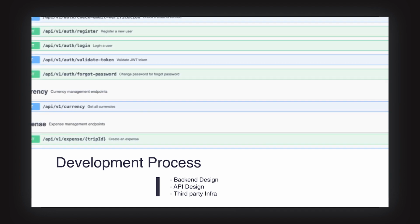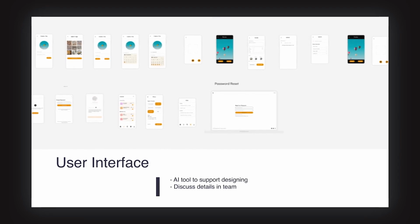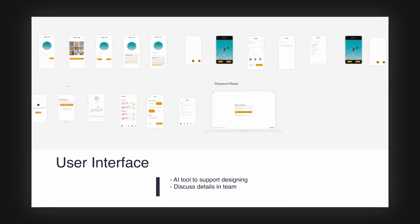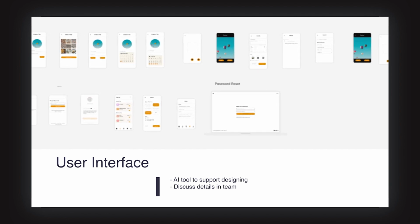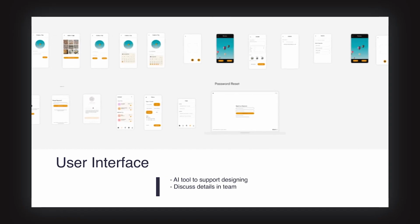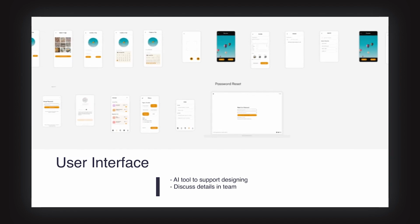Next, we moved into user interface design, which also took a week. We used Wizard, an AI-powered UI design tool, to generate basic page layouts. From there, we assigned specific pages to each team member and conducted design meetings to ensure consistency and gather feedback from the team. Once the design was finalized, we spent 3 weeks on front-end development, where we implemented the UI